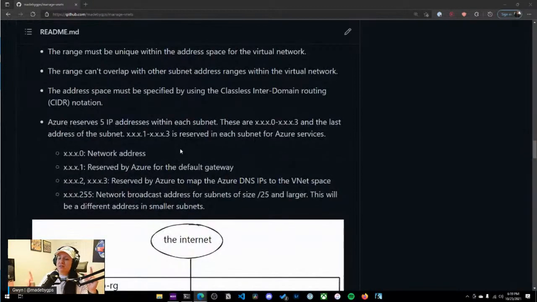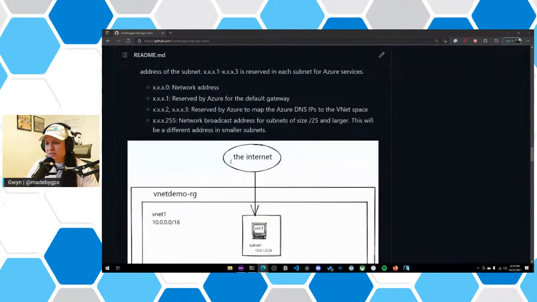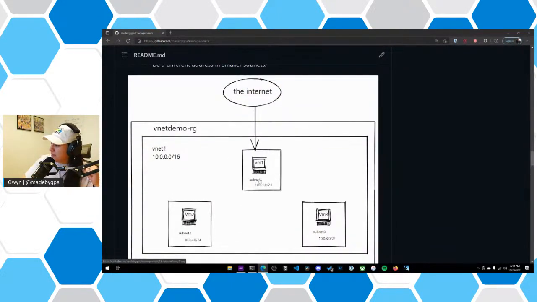Notation. And do keep in mind also when you're planning that Azure reserves 5 IP addresses within each subnet. And we have sort of a list here of those, but we don't have to name them all out. So we'll take a look at this